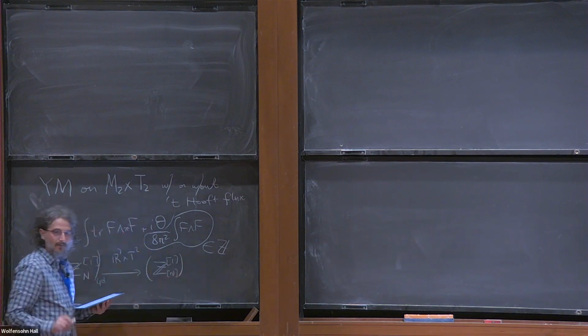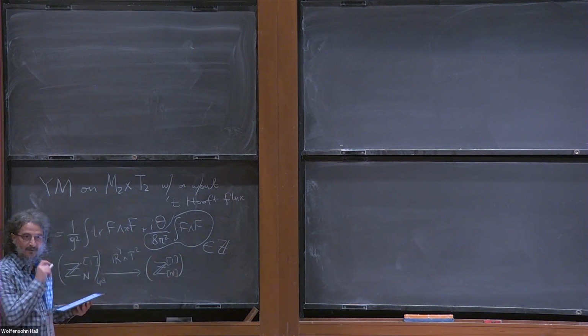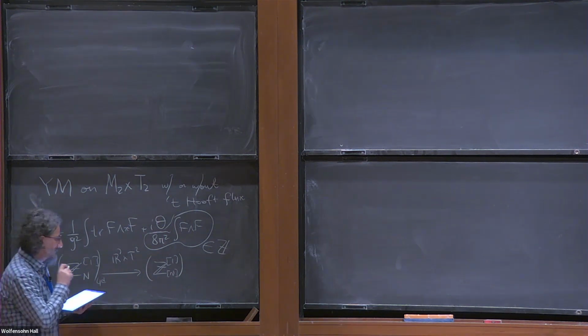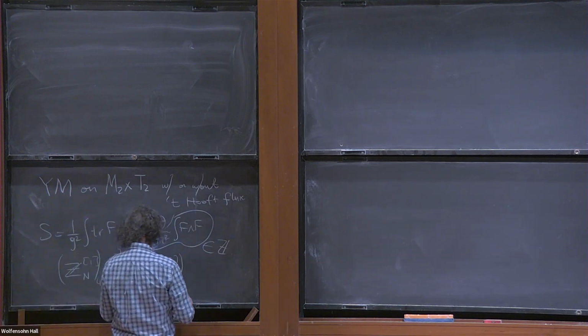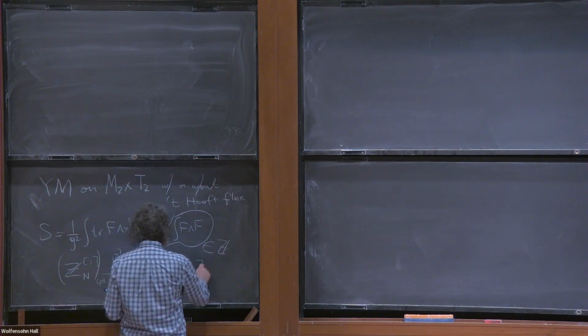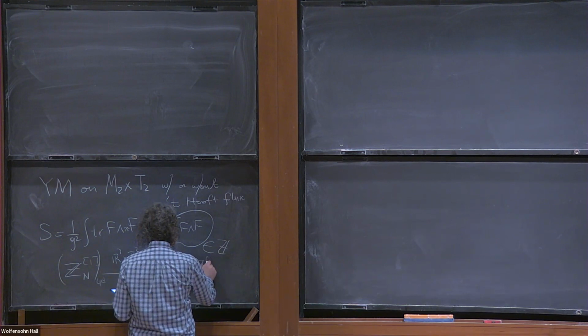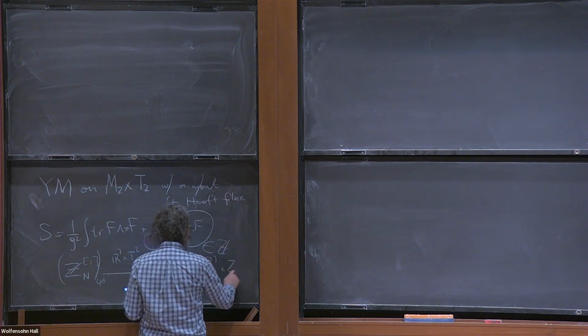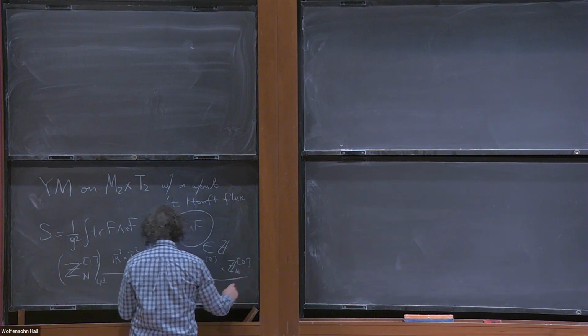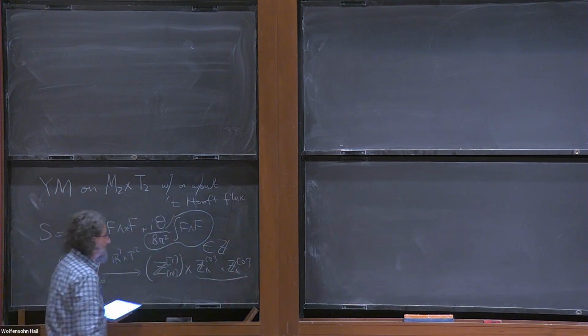And I will actually give a precise definition because we realized yesterday in Q&A that we didn't give a precise definition of the one-form symmetry and its generator. And it will come out naturally when we do the construction. And there are zero-form parts, Z_N^(0) and Z_N^(0). And these parts are acting on the